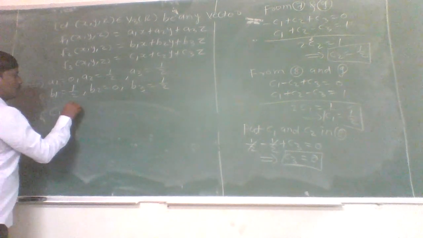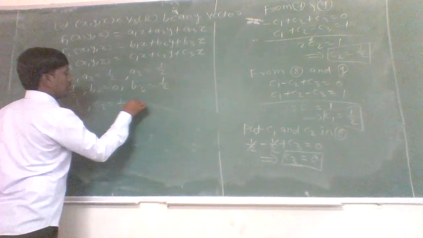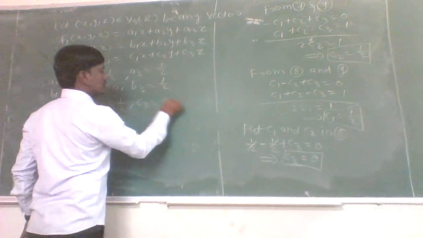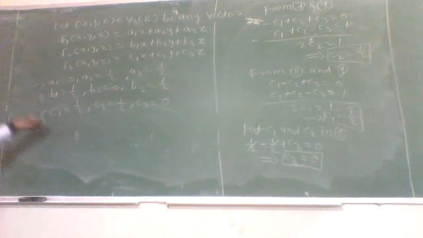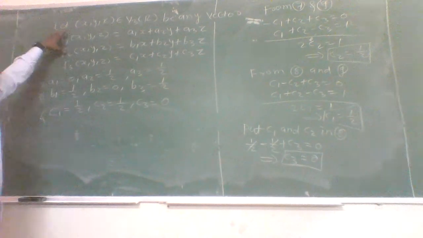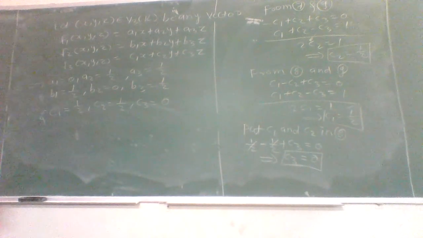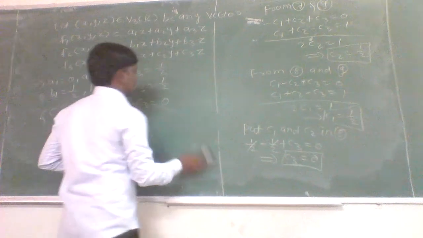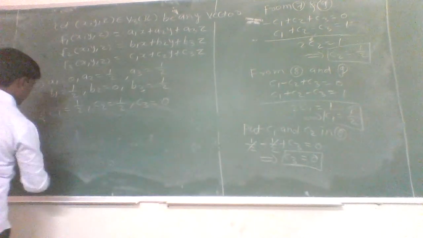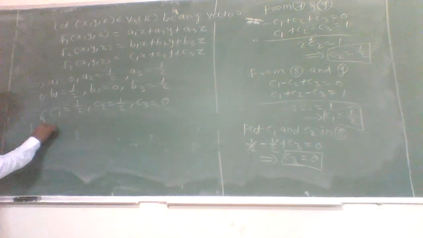C1 is equal to 1 by 2, C2 is equal to 1 by 2, and C3 is equal to 0. Now we have to put these values of A1, A2, A3, B1, B2, B3, C1, C2, C3 in these equations. Then we get three linearly independent elements of a basis set. So from this, F1 is nothing but, by putting all these,